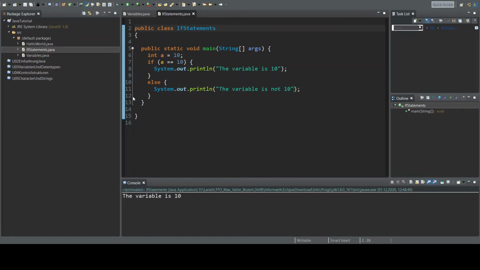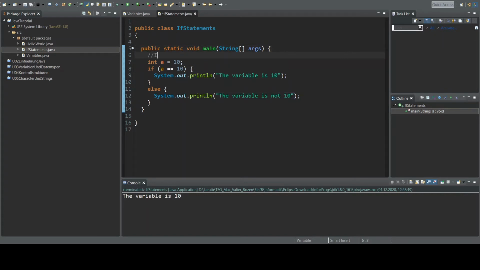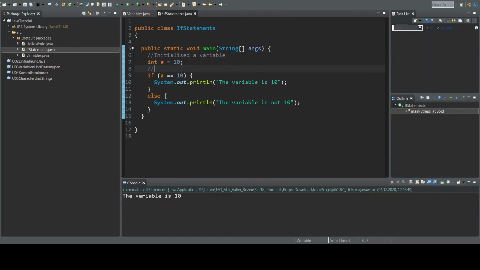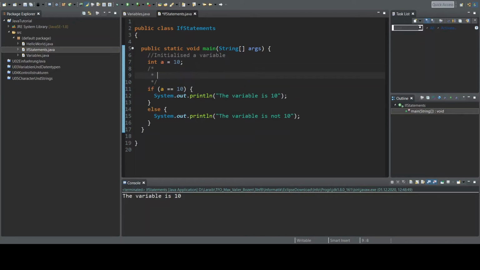First we initialize a variable, so we can write a comment here, "initialize variable." A comment doesn't affect your code. Then we say, if the variable